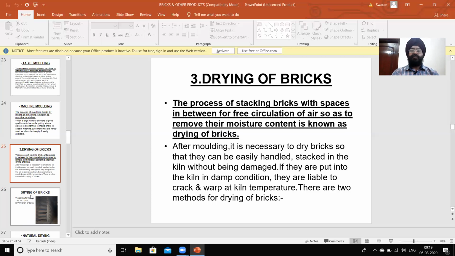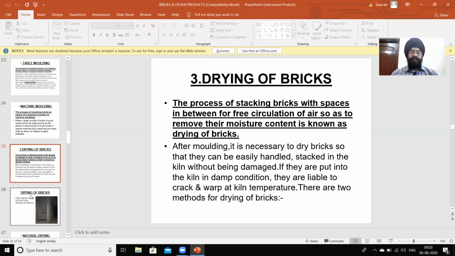The process of stacking bricks with spaces in between for free circulation of air so as to remove their moisture content is known as drying of the bricks.